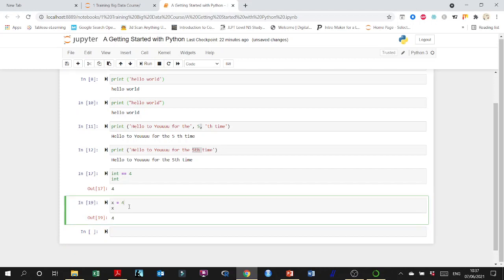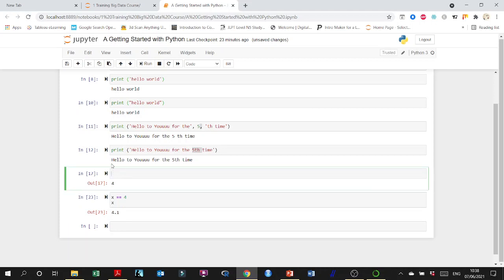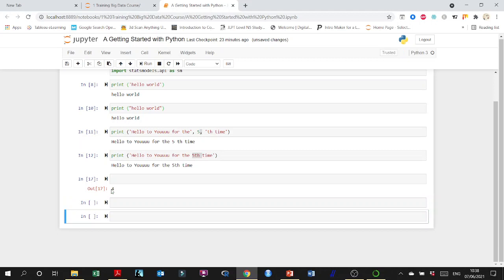Now, when x is assigned to a value like 4.1, now 4.1 has decimals, right? When it has decimals, it's a float, but it's all right, doesn't matter. We are just returning a float. Now take a look. Can I actually use double equals here? Well, okay, I was able to use double equals. Can I use double equals here? Oh, I was also able to use double equals, but